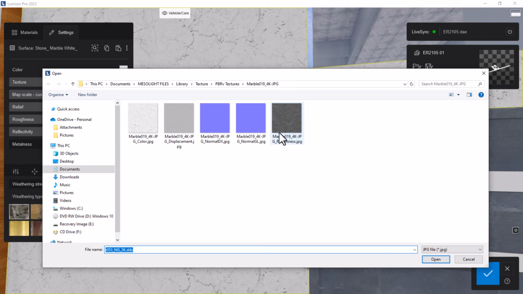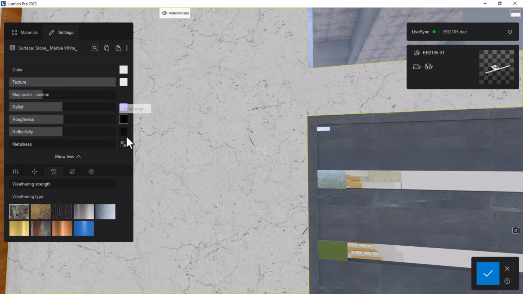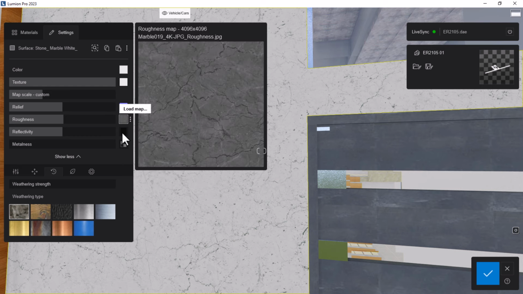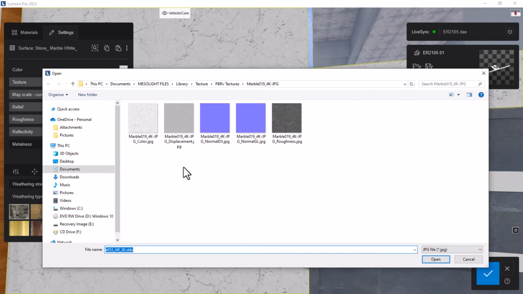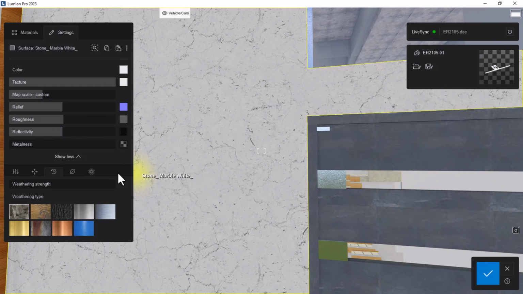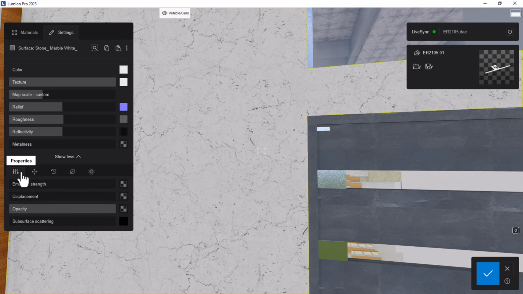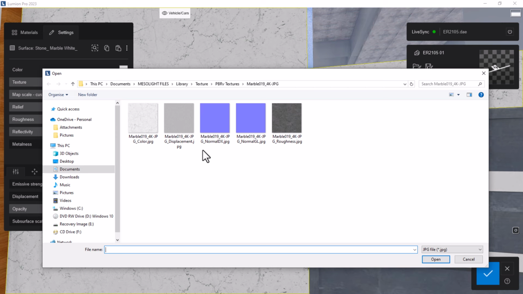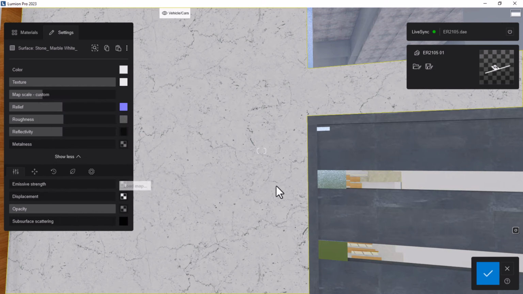So this one is a roughness. Let me open or load the roughness, and then reflectivity. Reflectivity, in this case, works as a roughness. Then let's go here under properties, the displacement. I want to load the displacement map, which is going to be this. Then okay,